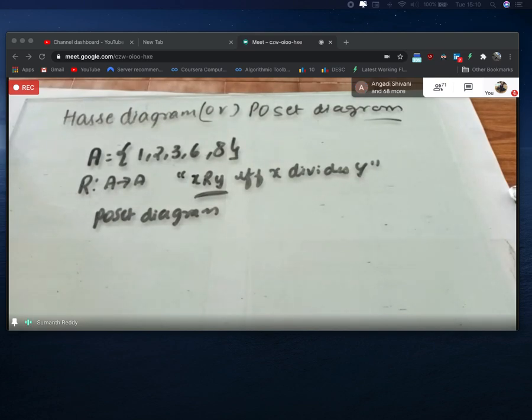First of all, you need to pick the least element, that is the element which is related to all the other elements. Based on that, you start writing the Hasse diagram. And there are 3 rules you have to follow. The first one is that reflexive relations need not be depicted explicitly. Same with the transitive relation. And the third thing is that the relation should always be represented in the upward direction. I will give you exactly 5 minutes. Please try to solve it.